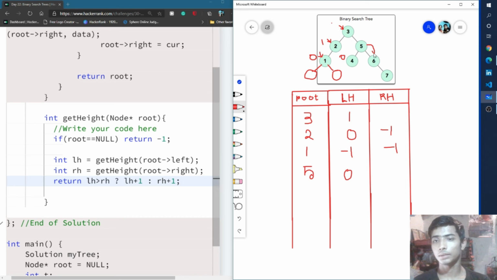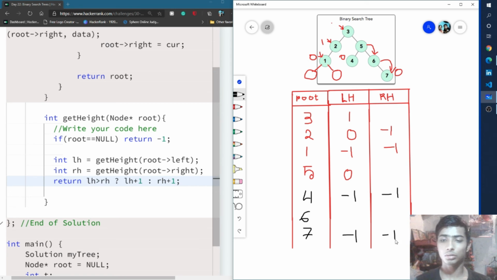And then 6 again calls 7, and 7 again calls left and right, and it also returns 0 because it is also a leaf node. And for 4 it is a leaf node, so that means it returns minus 1 and minus 1, and after that we simply write 6 and 7. So 7 also returns minus 1 and minus 1 because it is also a leaf node.